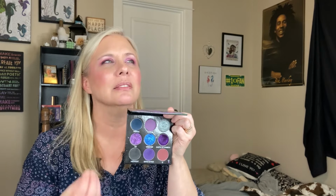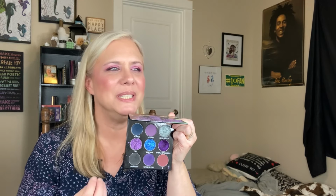The next palette is the Castle of Horror palette from Ladybug Glow in collaboration with Blair-Dale MUA. I did a 2 looks Throwback Thursday video with this palette, and you guys know I love Ladybug Glow, my favorite brand of all time. I love this color story. I love the tones in here. So deep and rich and vampy, and obviously the packaging,